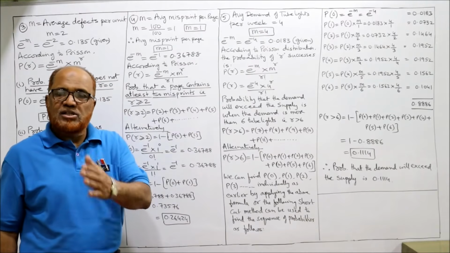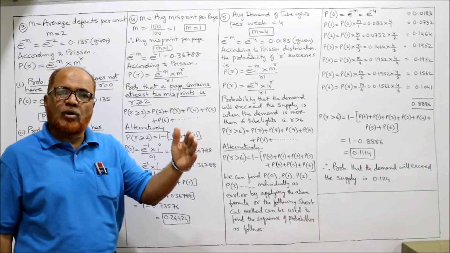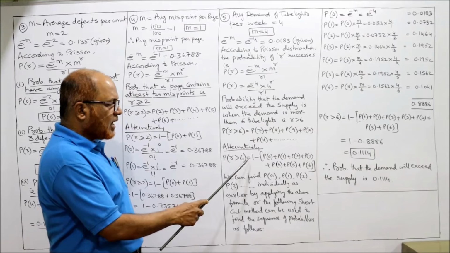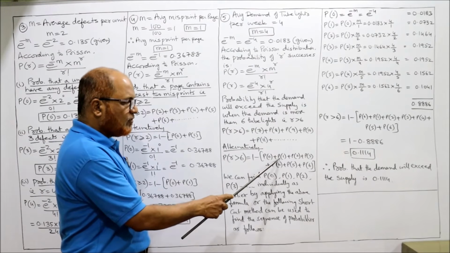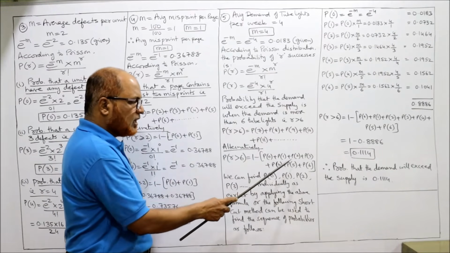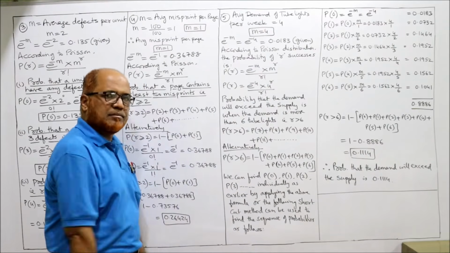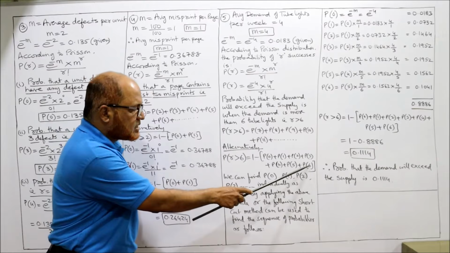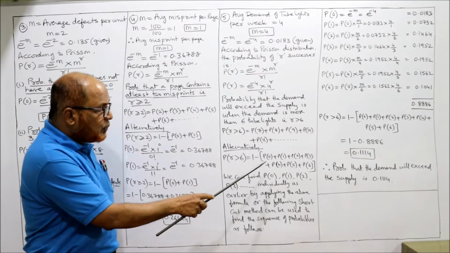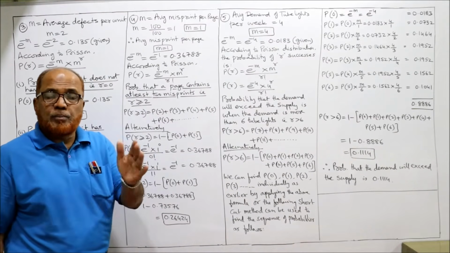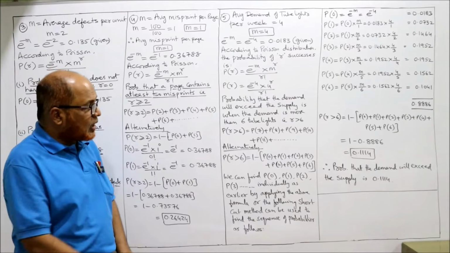7 से पहले 0, 1, 2, 3, 4, 5, 6. तो 1 minus [P of 0 plus P of 1 plus P of 2 plus P of 3 plus P of 4 plus P of 5 plus P of 6]. क्योंकि यहां पर 7 से स्टार्ट हो रहा, 6 तक रुक जाओ. तो ये पूरे कैलकुलेट करना. P of 0, P of 1, P of 2, P of 3, P of 4, up to P of 6